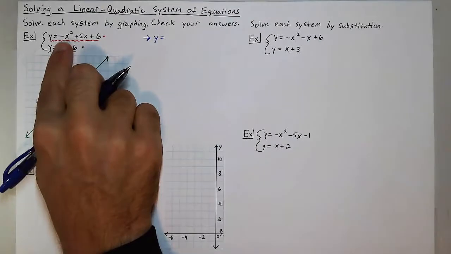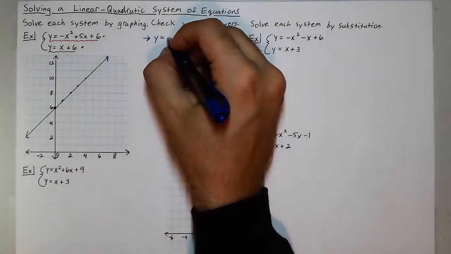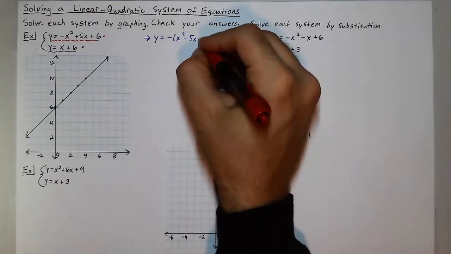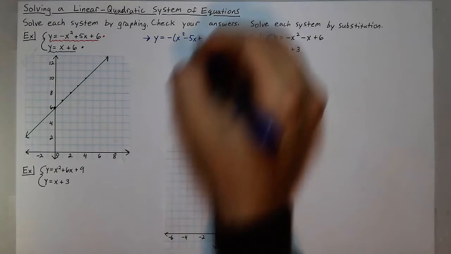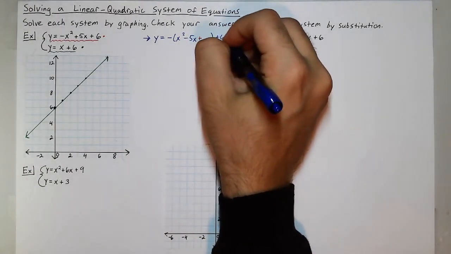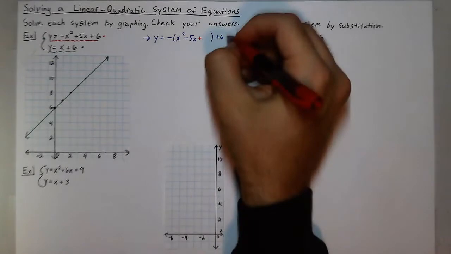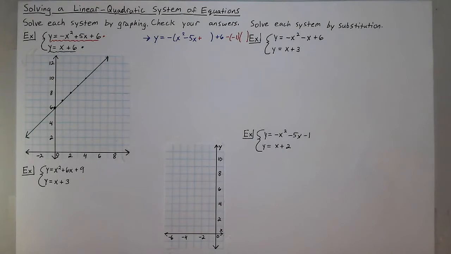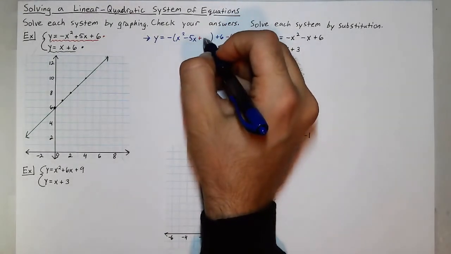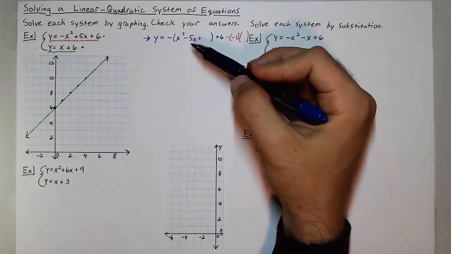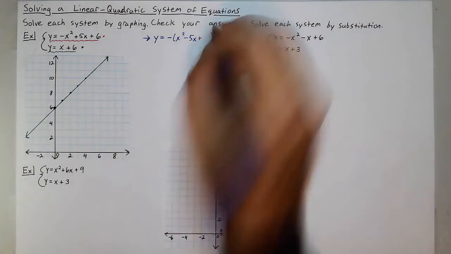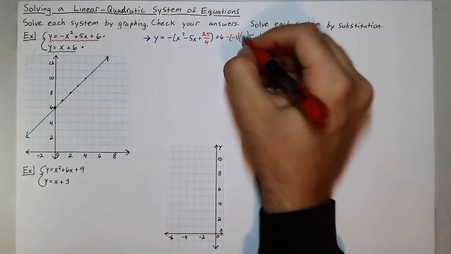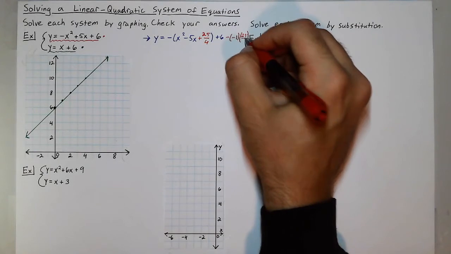So first I'll factor a negative out of those first two terms, giving me x squared minus 5x. Then I'll add a particular number on the inside. And then on the outside, I will subtract that number times negative 1, whatever it is. And the number I add on the inside is half the b value here, squared. So negative 5 over 2 squared is 25 fourths. So I'll subtract 25 fourths times negative 1,